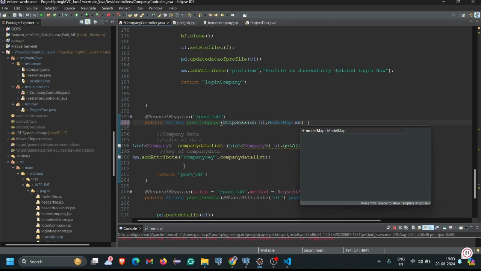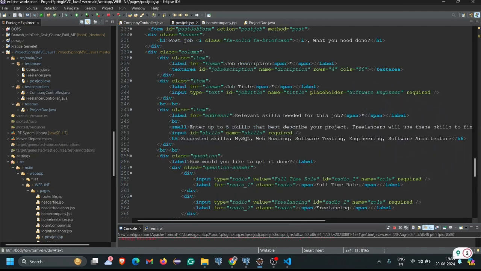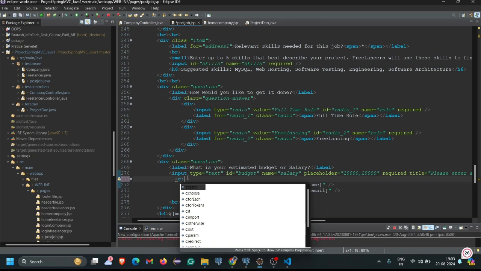Okay, then we have to only require one thing, that is our key, that is a company key. So I simply copy this key from here and come to the post job.jsp, and here I have to simply apply the for each loop. So c:forEach